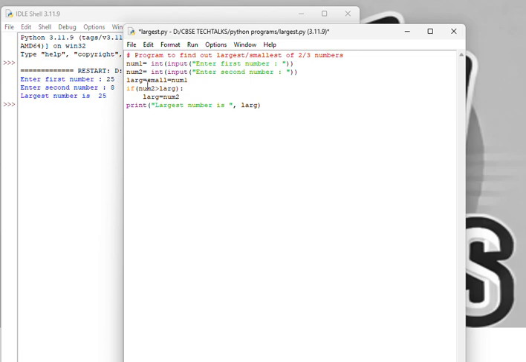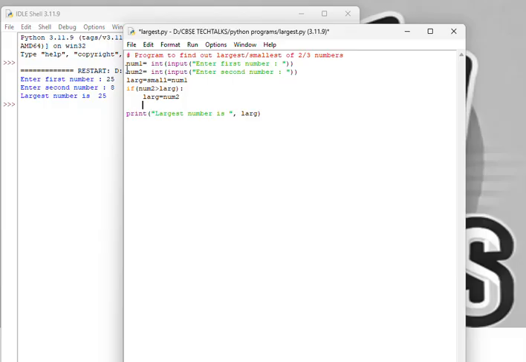Now when this condition is true, it means the value num2 is the largest one and there is no change in small because small is already num1. Please pay attention. If num2 is greater than large, num2 will become the larger, while num1 will remain small only.